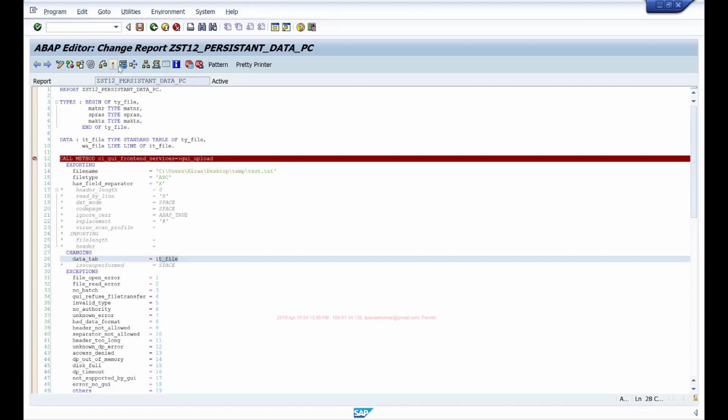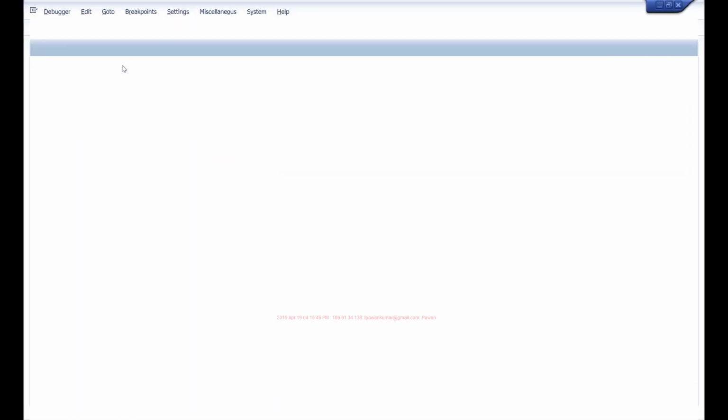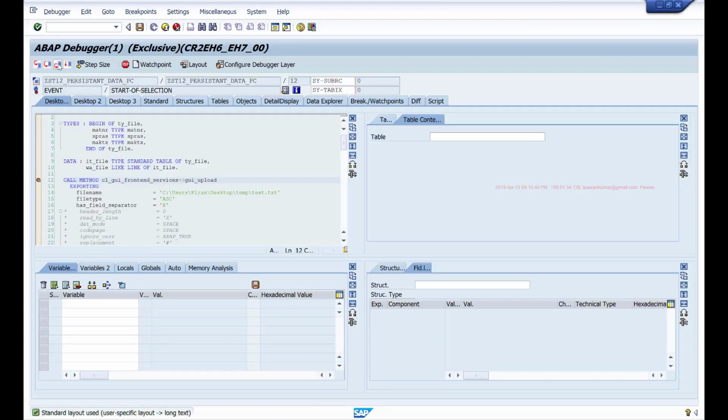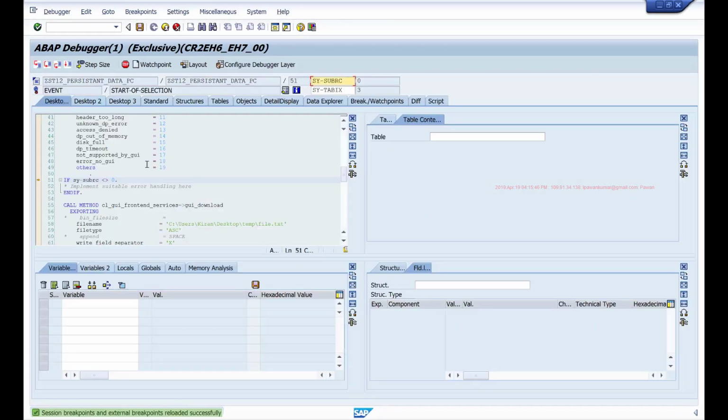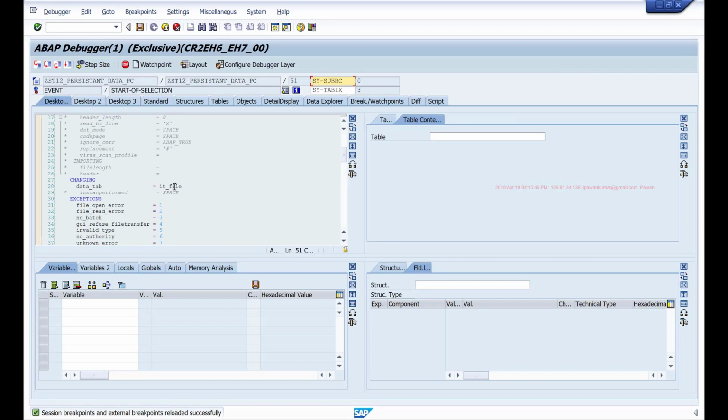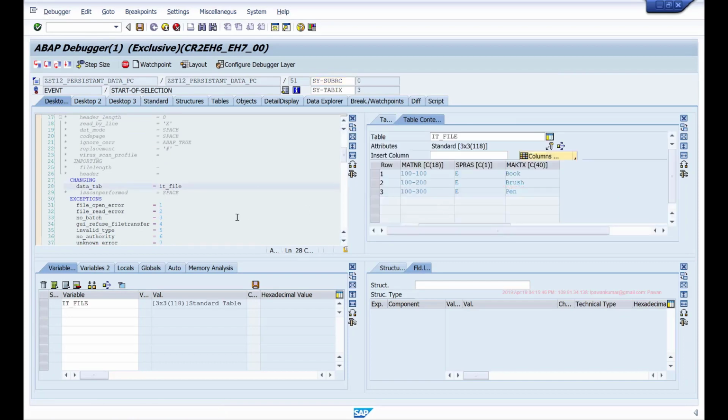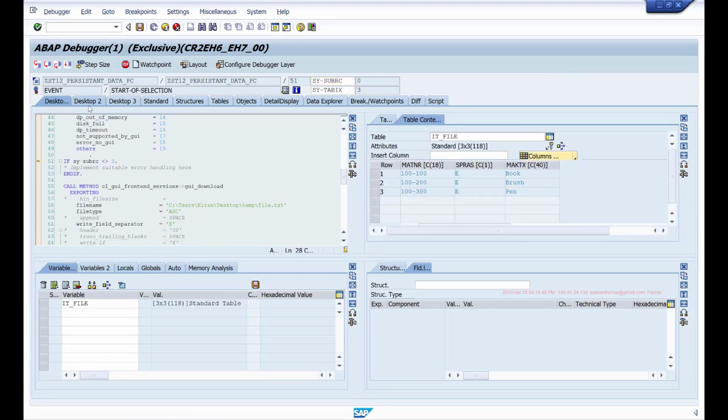So let's see what happens. If I execute, it has uploaded the data, and the same data I'll download by calling GUI download.